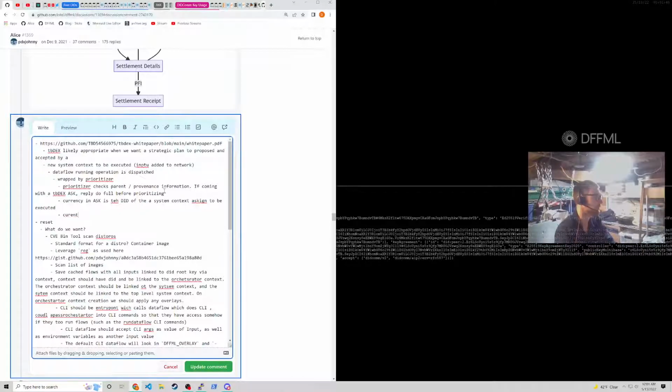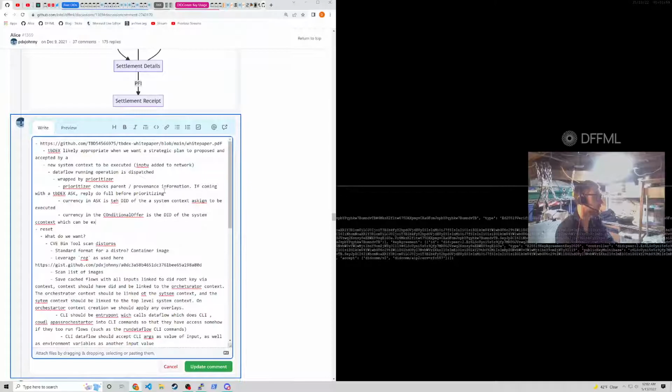Currency in the conditional offer is the DID of the system context, which can be executed by the operation